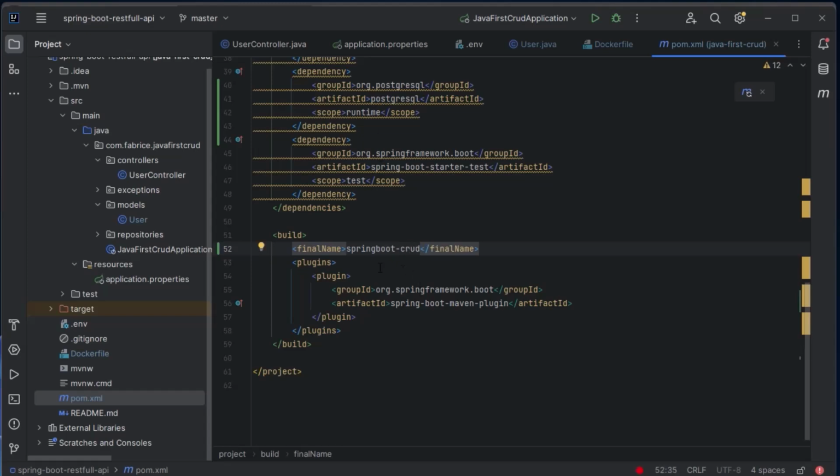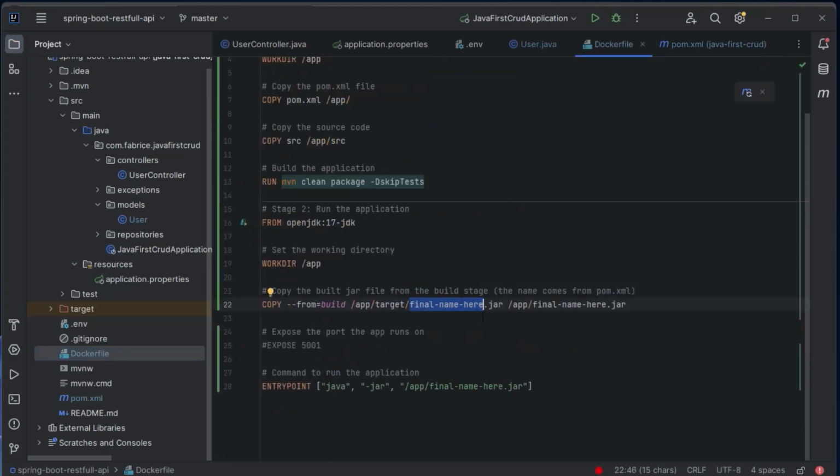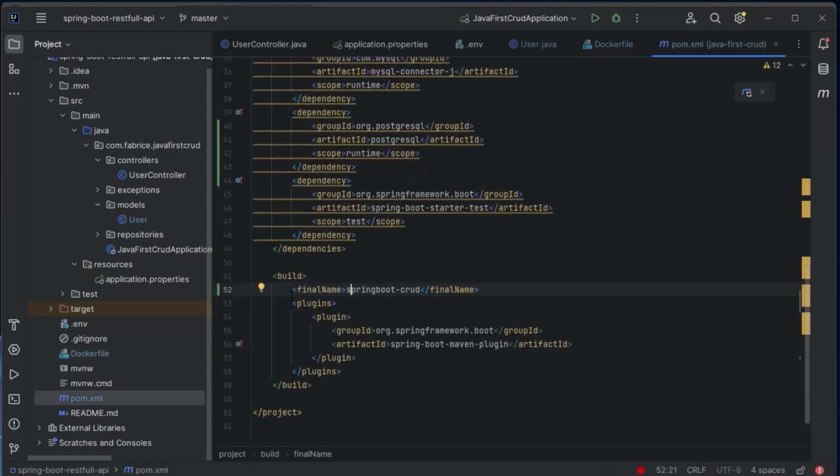The purpose of doing that: if you don't specify this name, whenever you build your application, the final jar name is going to be a random name. There is no way we are going to know what random name Spring Boot is going to assign to our final jar file, so it is a good practice to provide your final jar name.